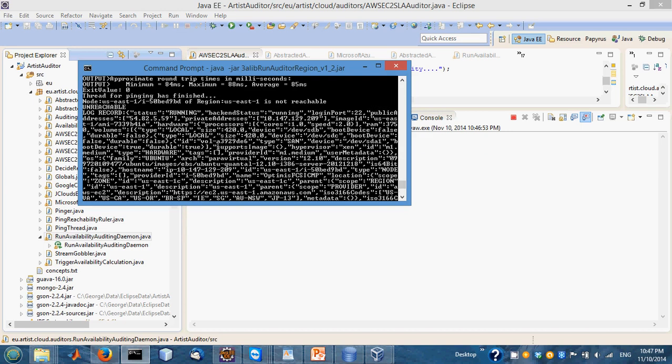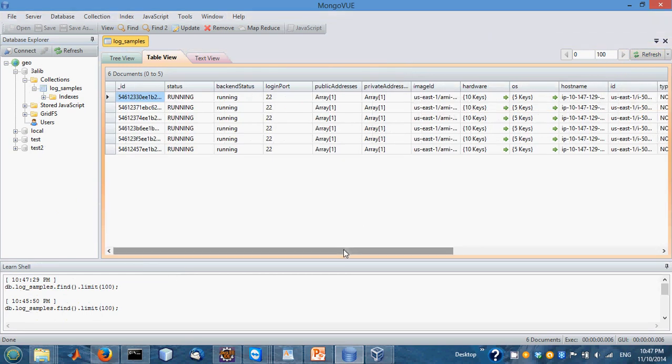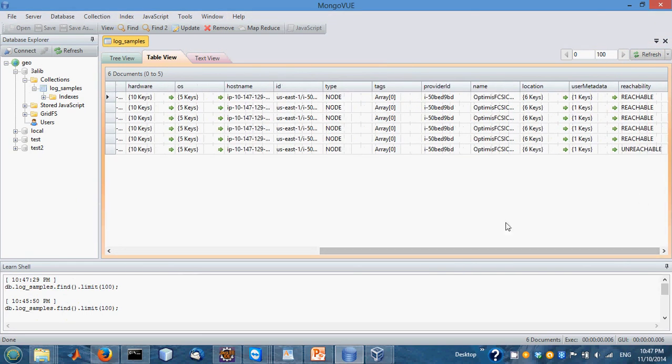So you can see that the overall response is unreachable, and now if we go into the database and refresh, we will see that we have an unreachable sample. Now what is indicative in this specific point is that if we run now the availability calculation, it should produce 0, and this is because, as I have mentioned, we cannot just use the ratio of